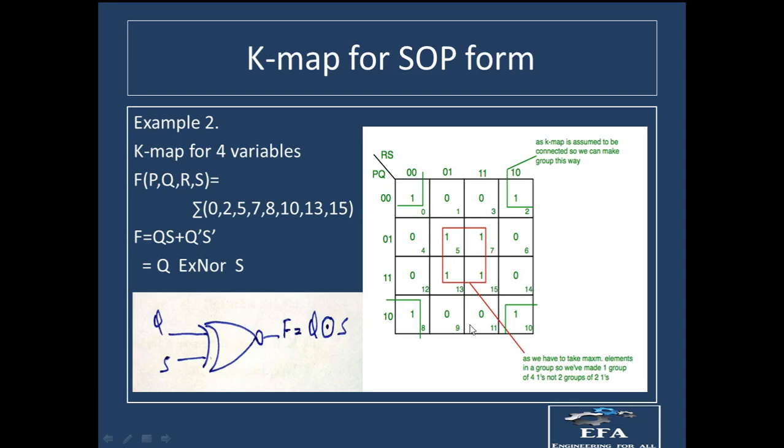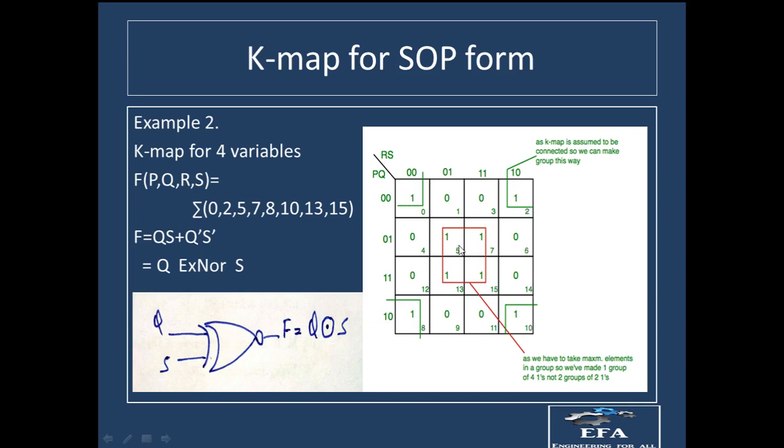Okay, so now what we have to do is make the groups. Now you can see over here there's one condition that we cannot make a diagonal group. This is a very important condition. I forgot to tell you in the previous video and the slides. So diagonal groups are not allowed. Okay, so now in this case you can see that these 4 ones are at the extreme positions, right, and at the corners. Therefore these 4 ones can be grouped together, right? So one group can be formed from 0, 2, 8 and 10.